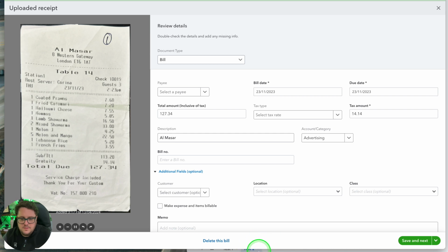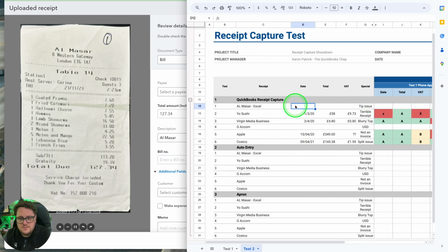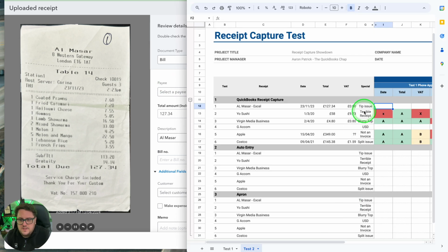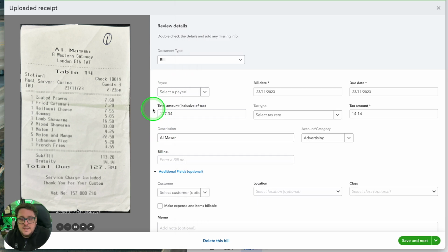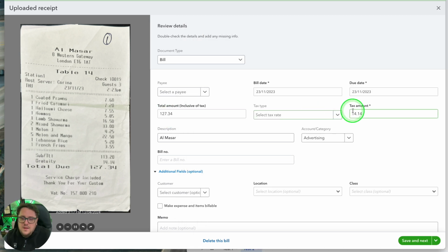Oh no. Okay, straight away we see a big issue on this one. So what date did it pick? Well, it picked the 23rd of the 11th, 2023, so spot on, well done. The total is right at £127.34. Oh no,